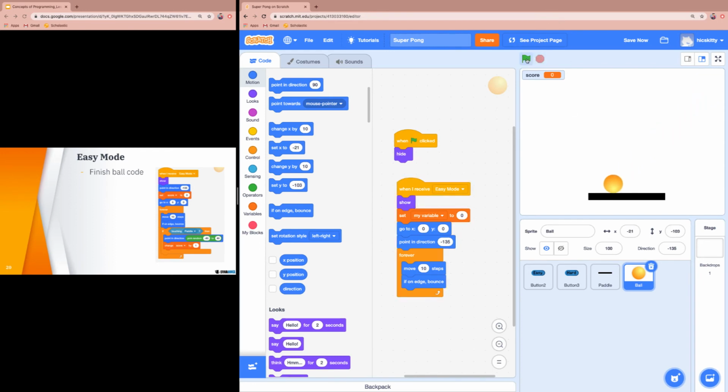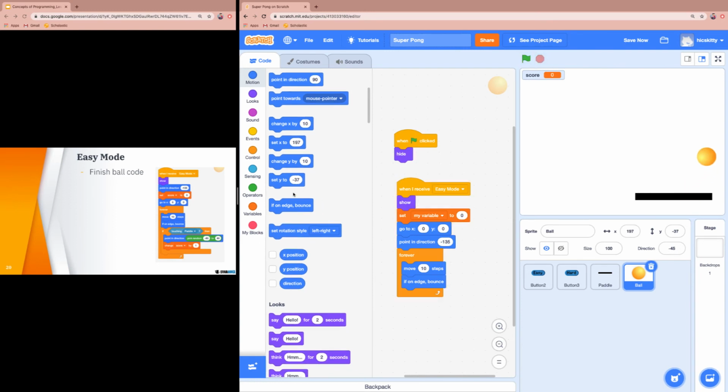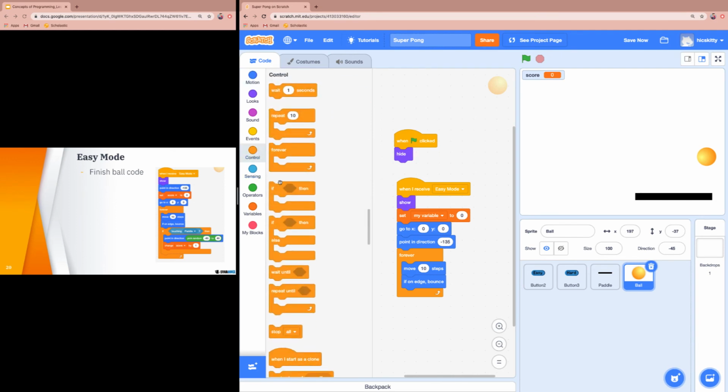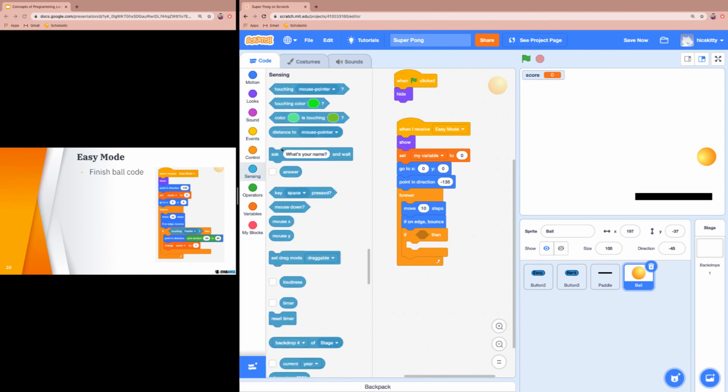So the next thing you'll notice is that when I click this, when my ball hits my paddle, it goes straight through my paddle, and that's most definitely not something I want. So what I'm going to do is say if touching paddle. I'm going to bring in an if, and I'm going to say if it's touching my paddle sprite,